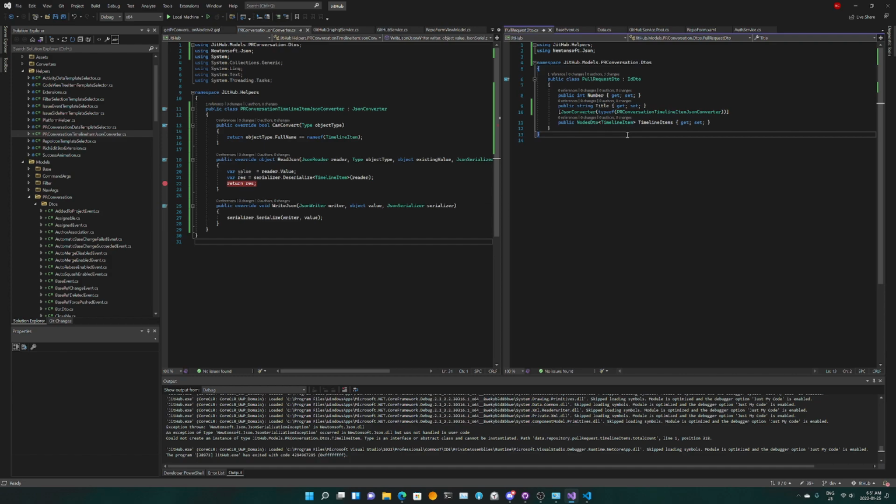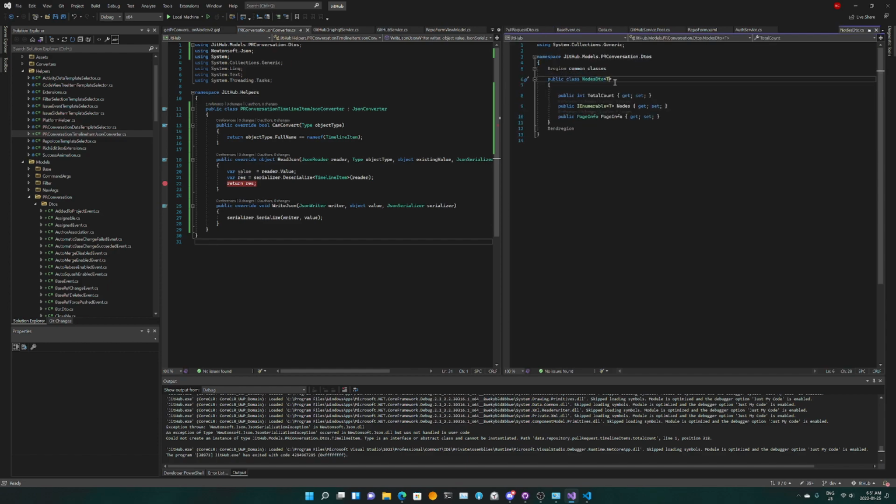So we need to think of a way, because we cannot use it this way. Nodes DTO, if it goes into it, it's like this, right?